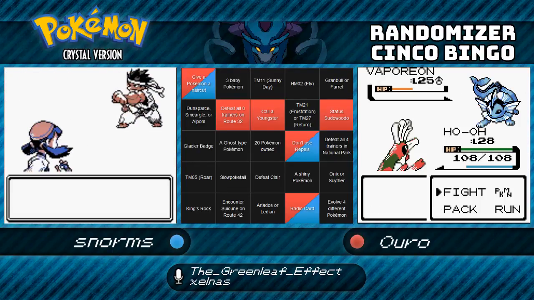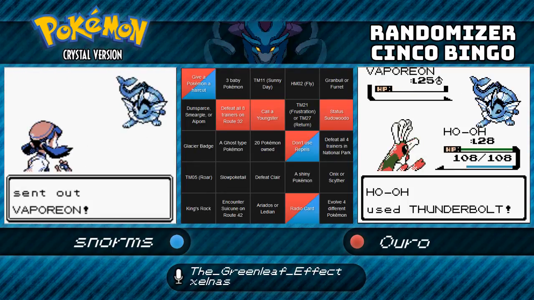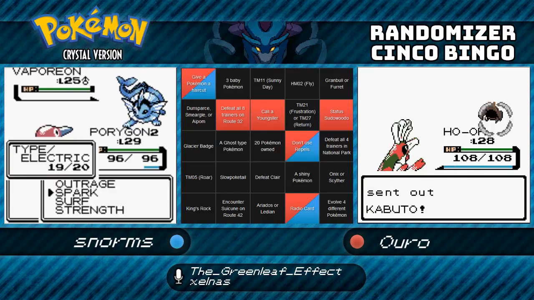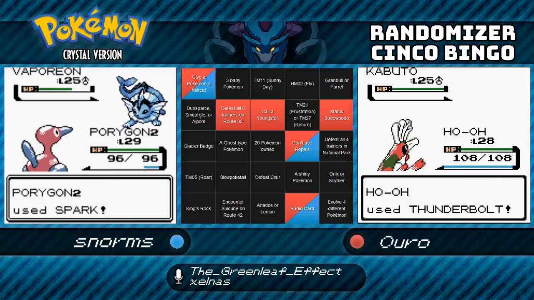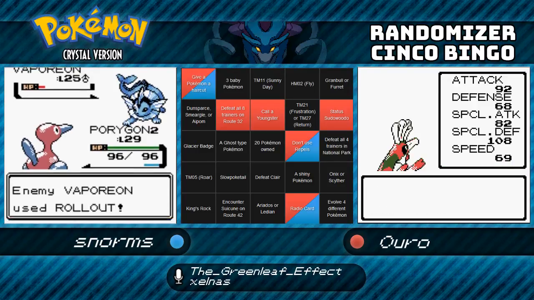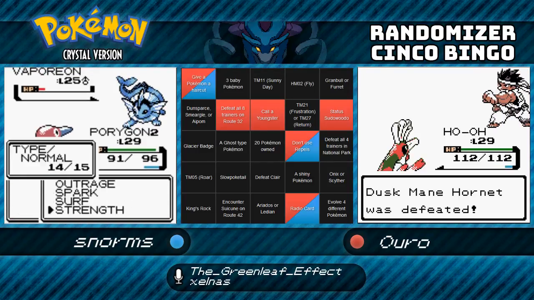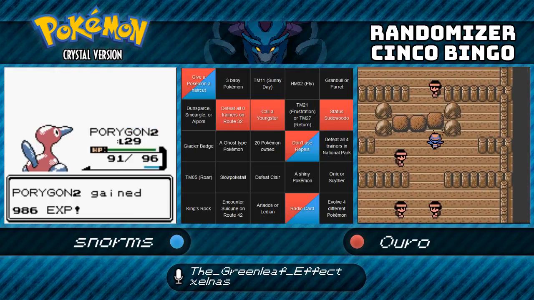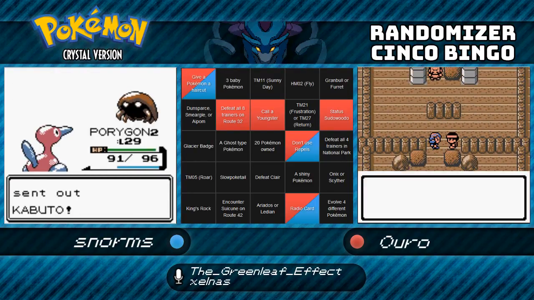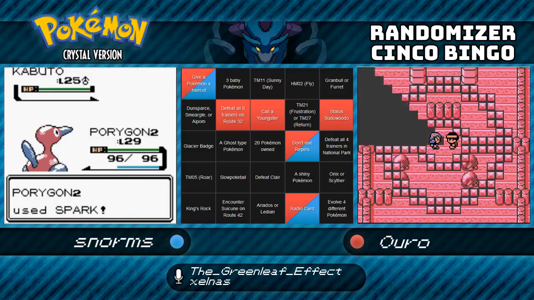Hey, look, another 50% move hitting. We have a Dynamic Punch hit this time. Oh, I thought that Ho-Oh was going to level up, and it did not. No, just a tease, that's all. Kabuto's going to take care of it. It was just a little tease action. Although,